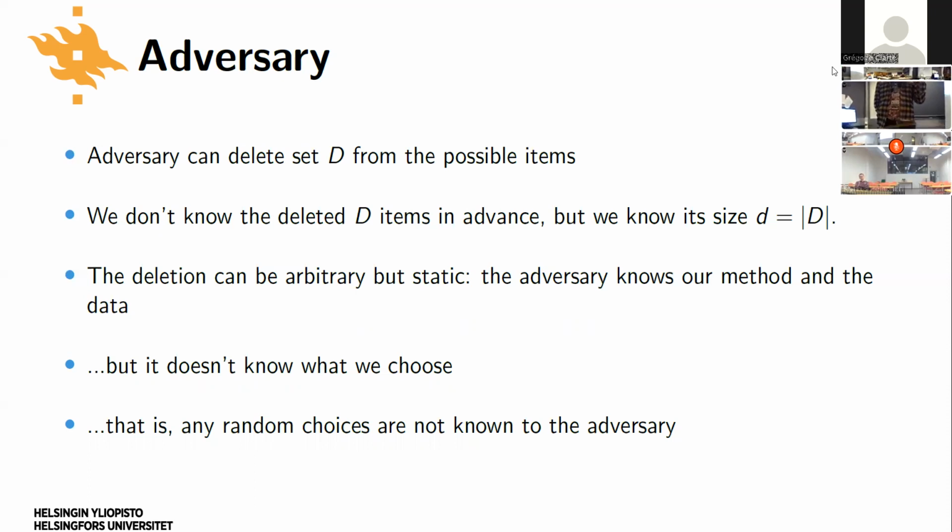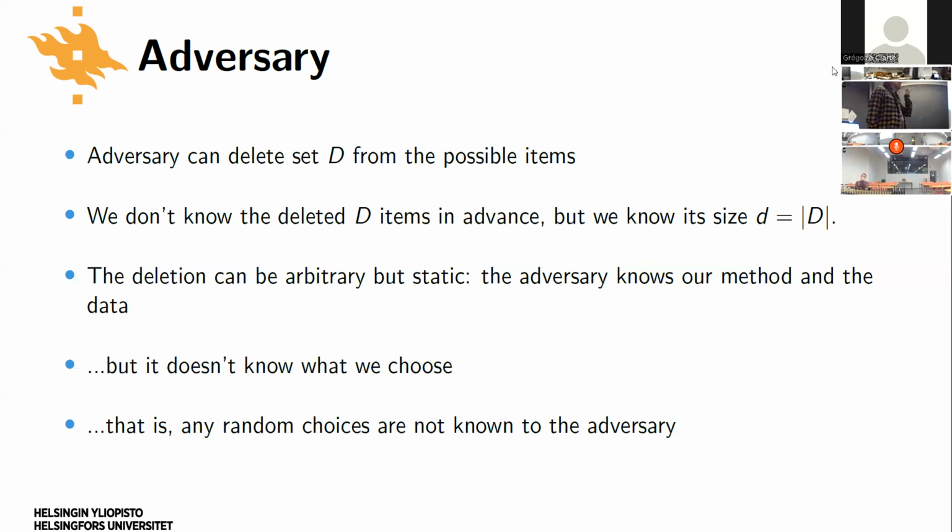So how much can the adversary delete? Because our algorithms will depend on this d. The more items you can delete, the harder the problem is, and the larger the coreset needs to be. Essentially, it comes down to that. So we need to know in advance how many items the user can delete. Obviously, this is just for the theoretical guarantees. The algorithms will run in practice, we just don't get any guarantees if the adversary deletes more than what we initially thought it would.